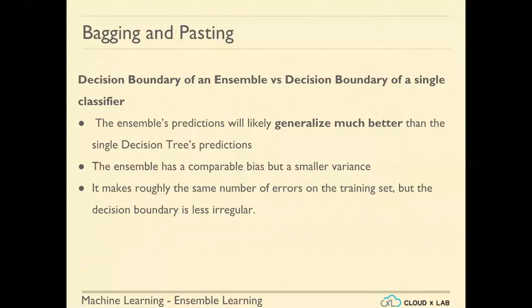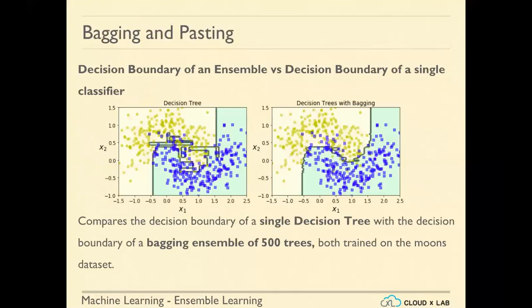Next is that the ensemble has comparable bias, but smaller variance. Do you want me to explain this part again? When we ensemble multiple algorithms together, or the same algorithm multiple times, the result we get will have the same amount of underfitting, but overfitting will be less, as